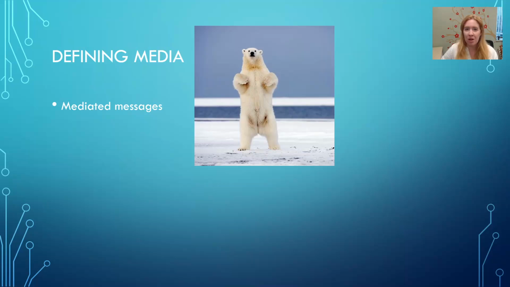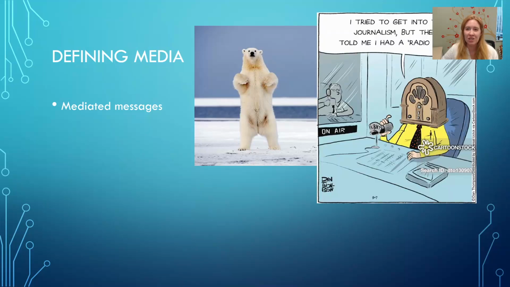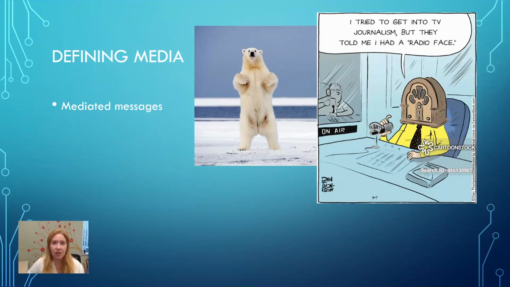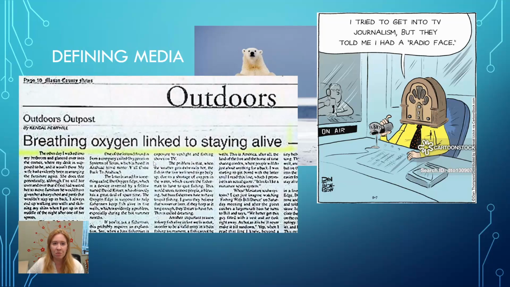An example of that might be photography. This is a weird little polar bear. But what we find is that there's a lot of environmental photography that does have an effect on people's decision making about environmental issues. How about radio? That's certainly a form of mass media. It's not as popular today as it used to be, but people do still listen to the radio sometimes. It's a message that was intended for more than one person.